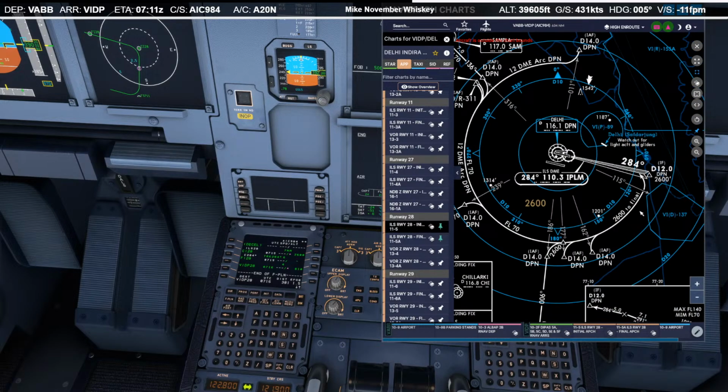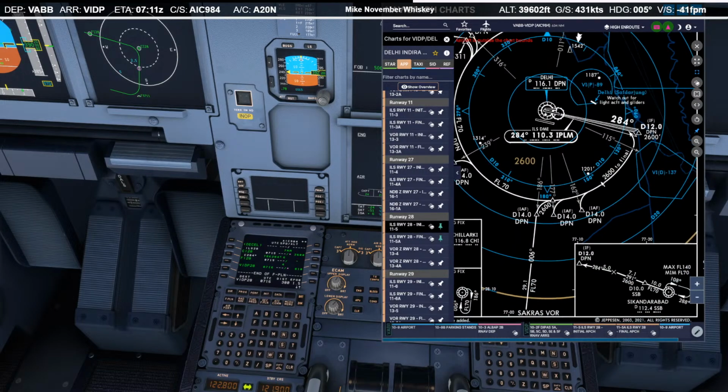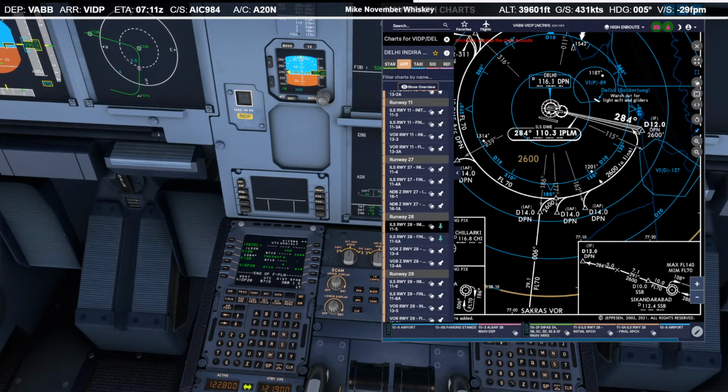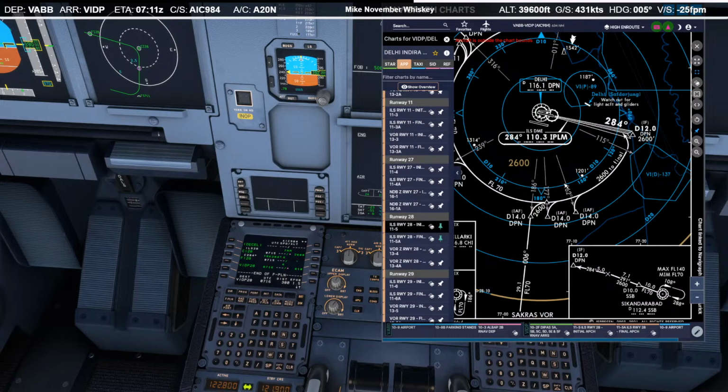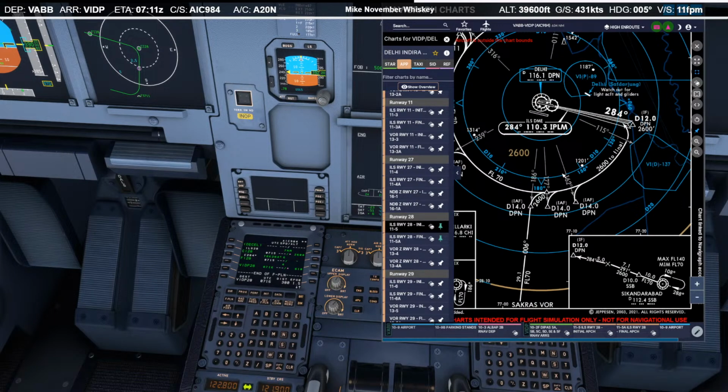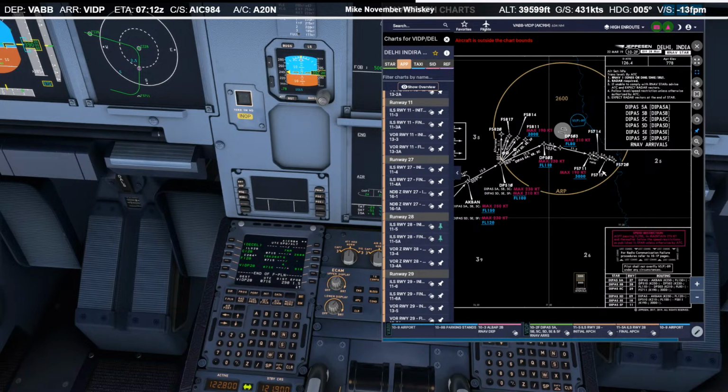Oh, it's a 14-mile arc, 12 miles on the final approach. I guess we could vector ourselves. Because when does it start? FS711.